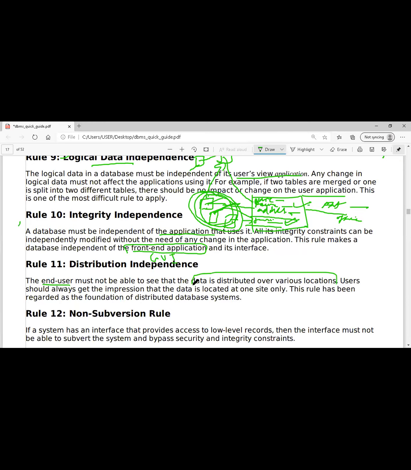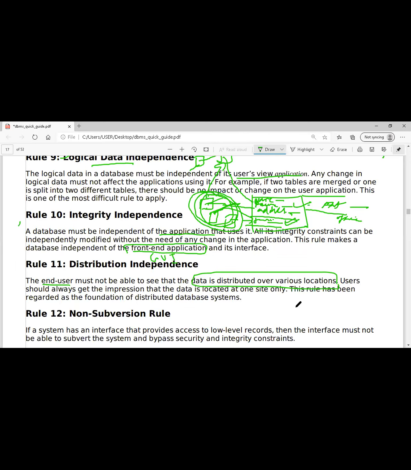This is very important. As I told you just now, one example, the PNR number. When I'm entering the PNR number, I am the person who only wants to know whether my ticket is confirmed or not. That is what I need. How it is there, where it is there, is it necessary for me?